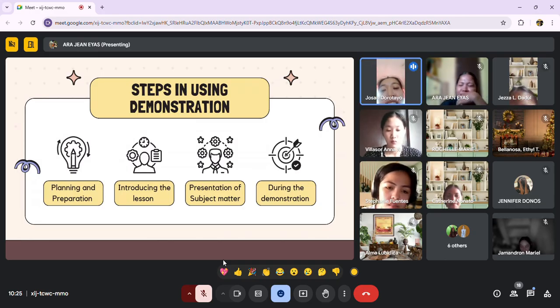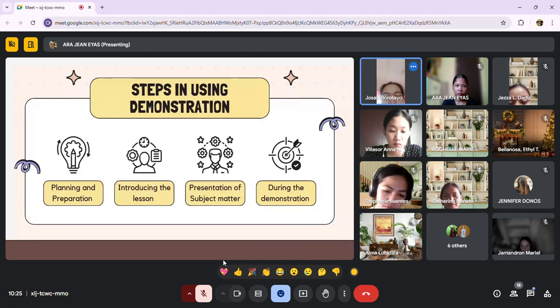Okay, thank you. So during the demonstration, it's very important that we are also keen in observing our children or the students we are delivering the lessons to, because most likely there are students that won't listen or won't participate that much in our demonstration. We also need to consider that factor, because we're aiming for the holistic development of all the children included in the demonstration. So it's very important for us to consider their active participation and their interest when we are delivering a demonstration. Okay, kindly next.